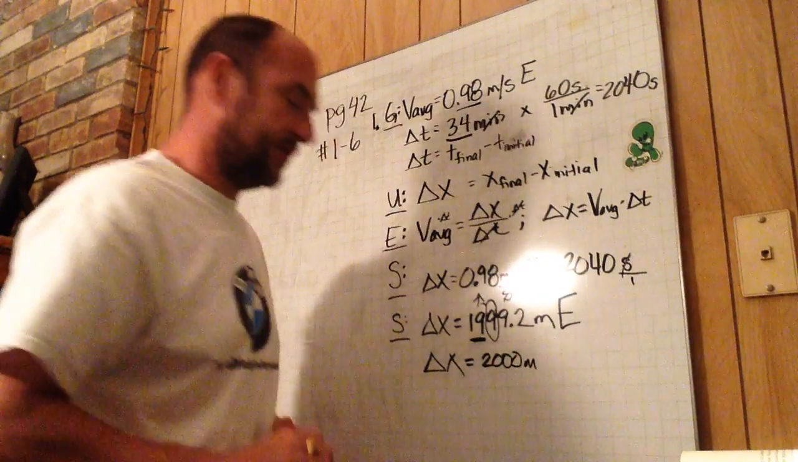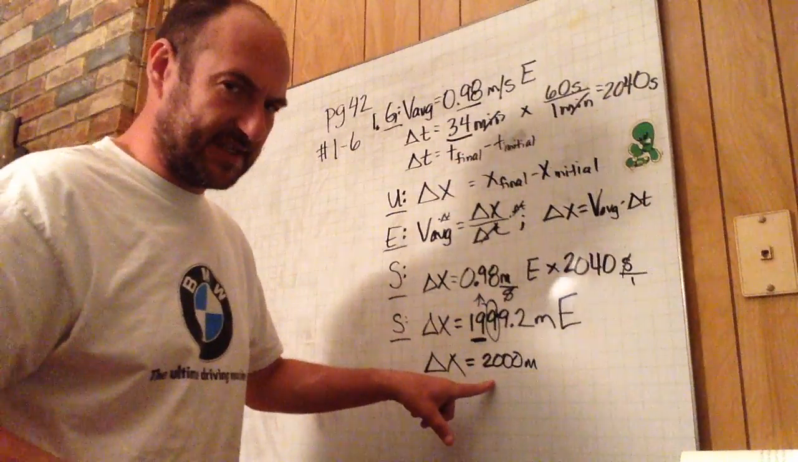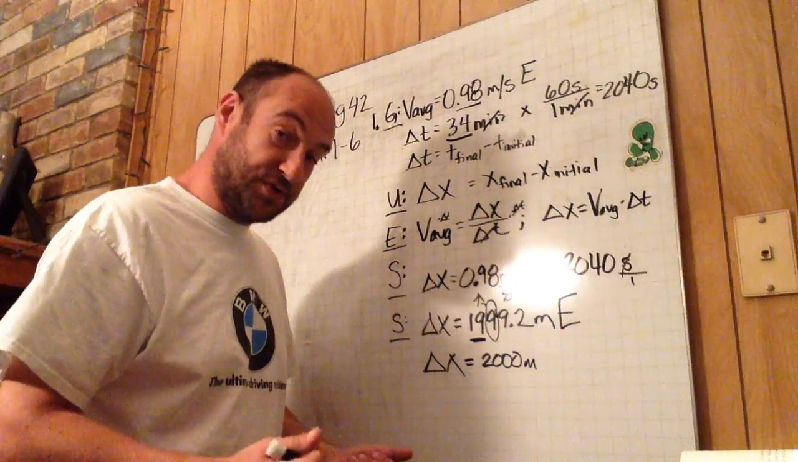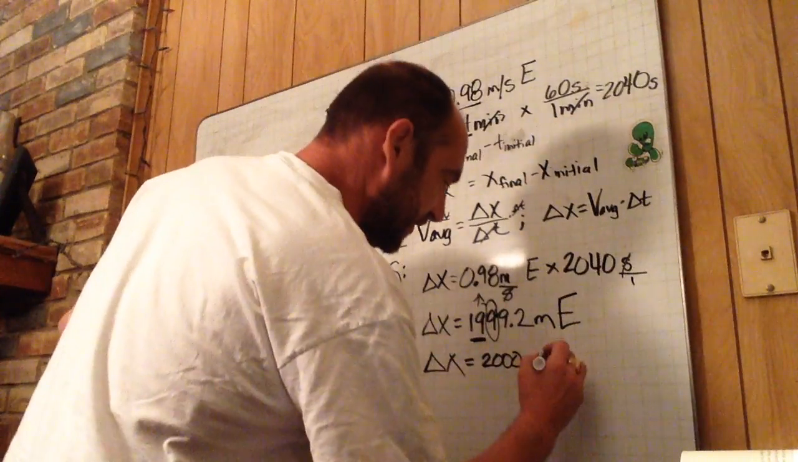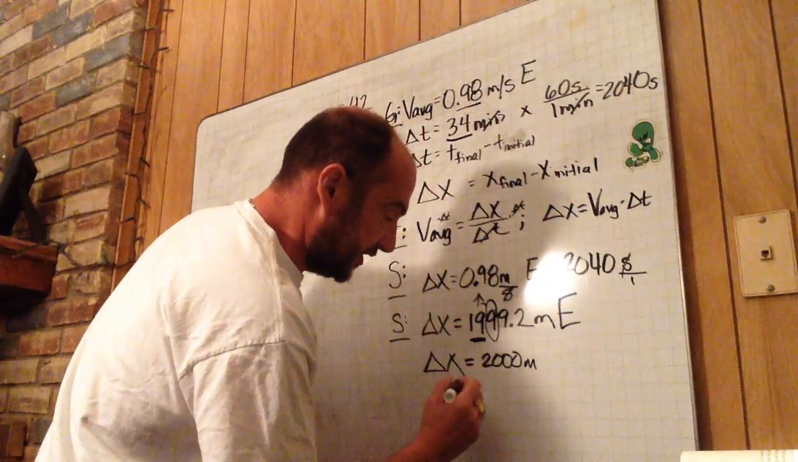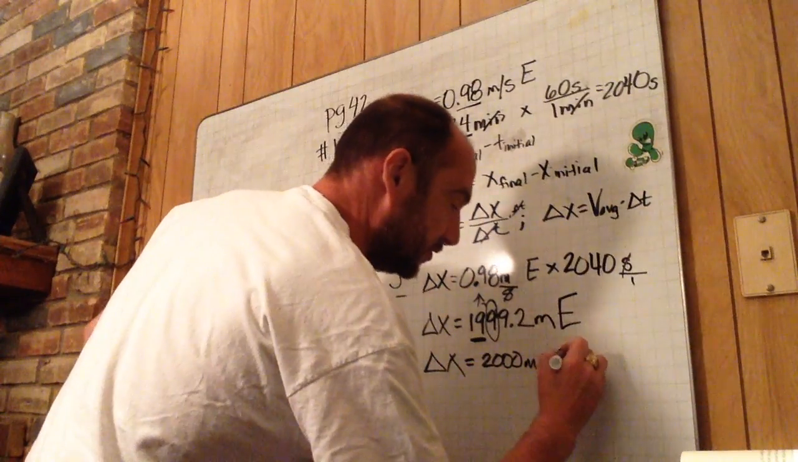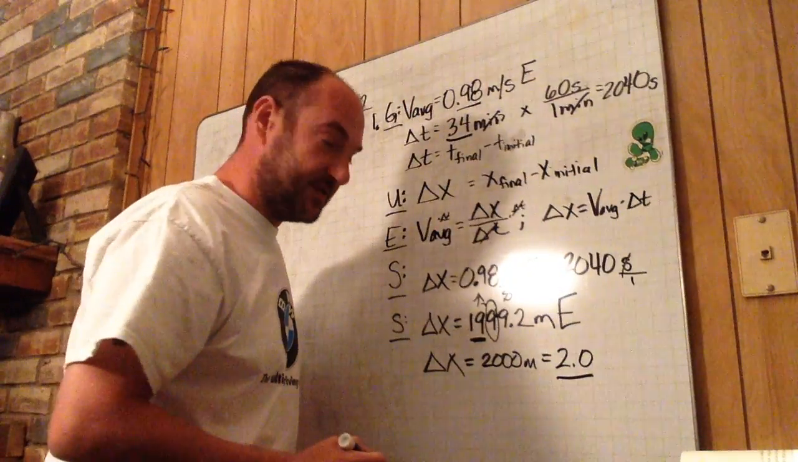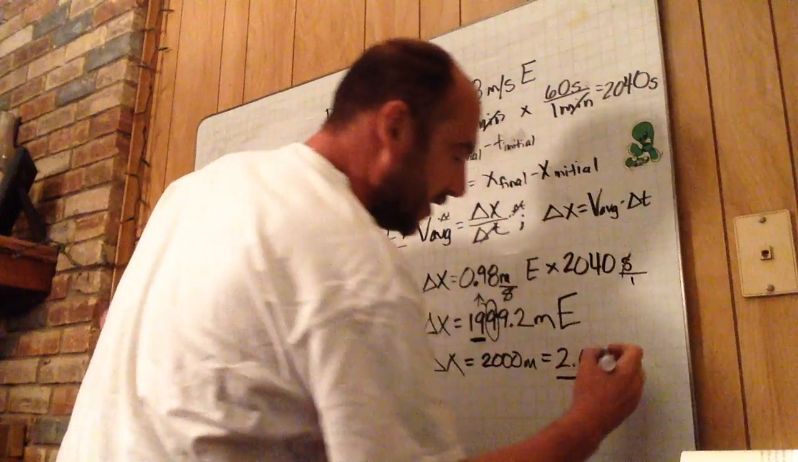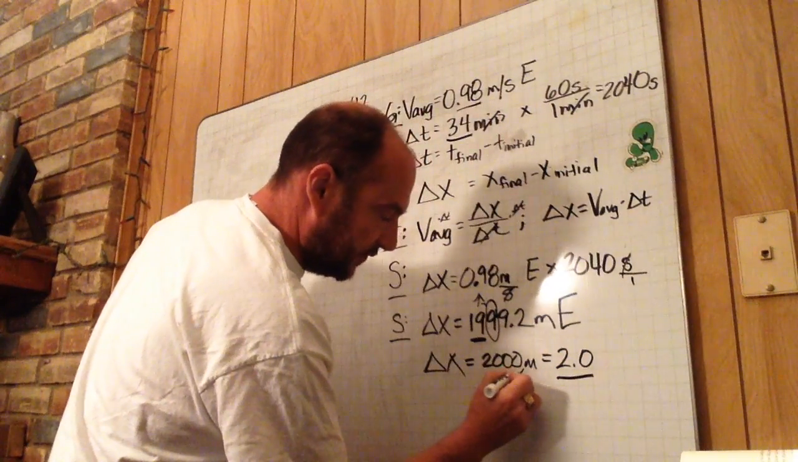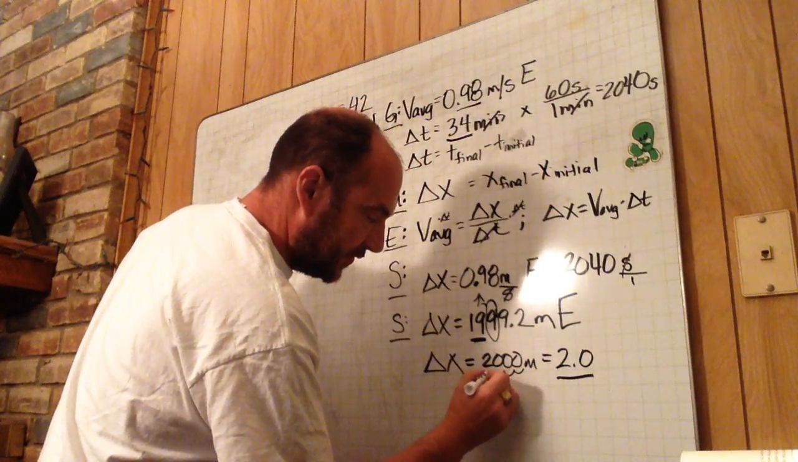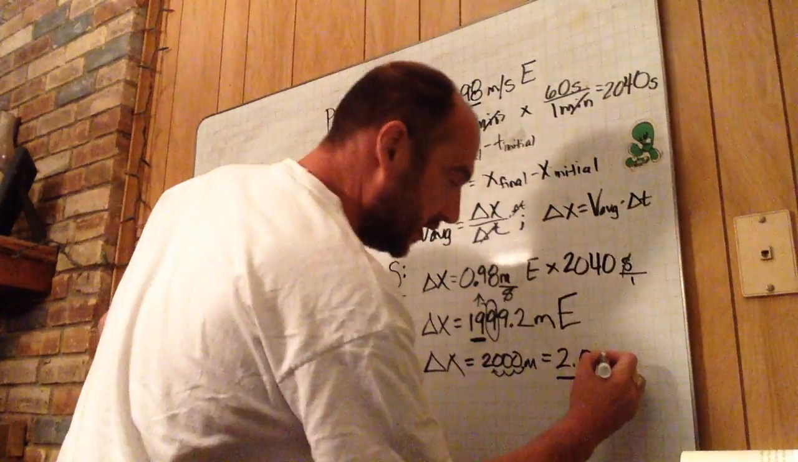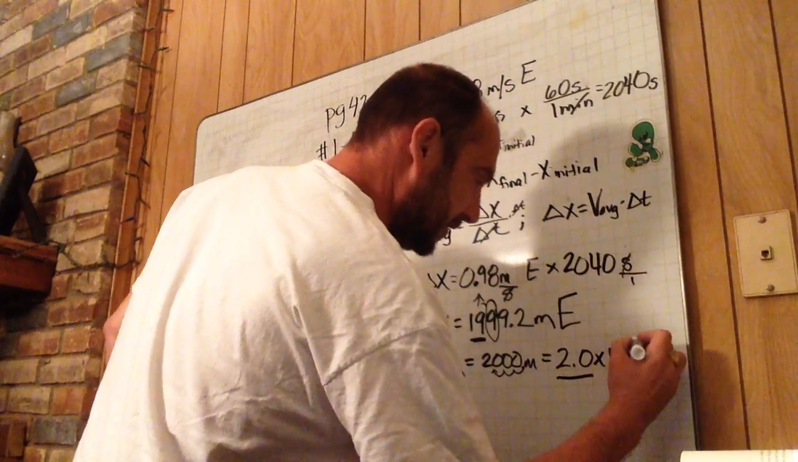2,000 meters. But that's one significant value. These are all zeros. Those don't count. So you need to move this to scientific notation, where that will equal 2.0, because this is 2 significant figures if it's a point and a 0. And you moved it 1, 2, 3 places. You have a decimal here, and you've moved it 3 places to get there. Times 10 to the 3